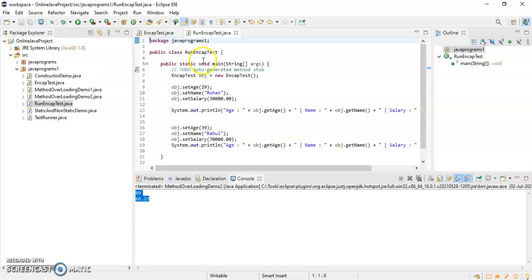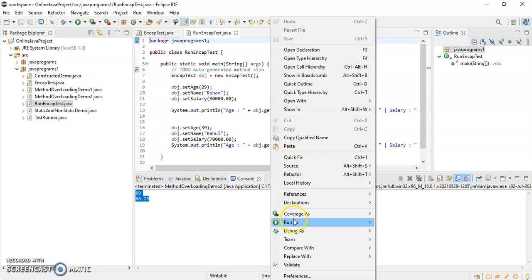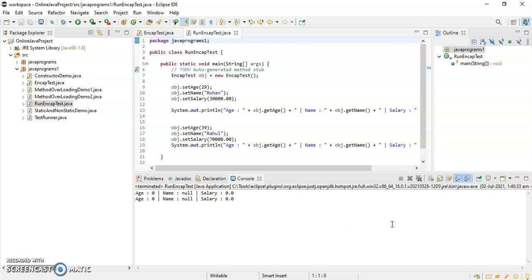Now if I run this program, what output will I get? See, I am getting 0, null, 0.0. So I am getting the default values of the instance variables, but not the actual values. Why? Because here the names of instance variables and parameters are the same.